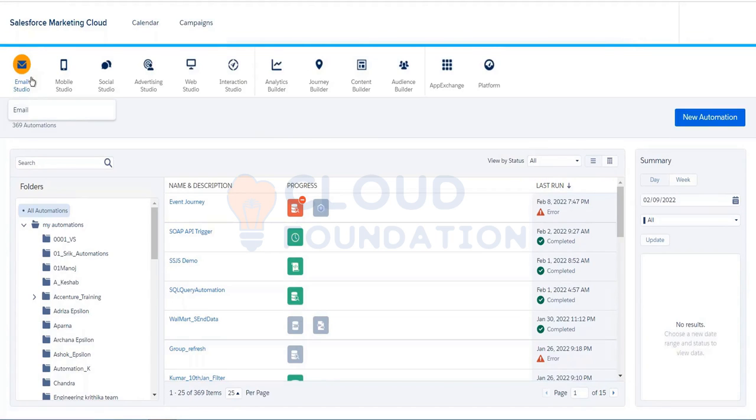Suppose your organization has a presence in multiple countries, you may have to send an email. That email should translate the content for different countries. Suppose 100 plus countries, and each and every country may have a different language, and one email should have the content translated for different customers. How do we achieve that using AMP script? That is also something that we will be focusing on here, and after this we have an API.